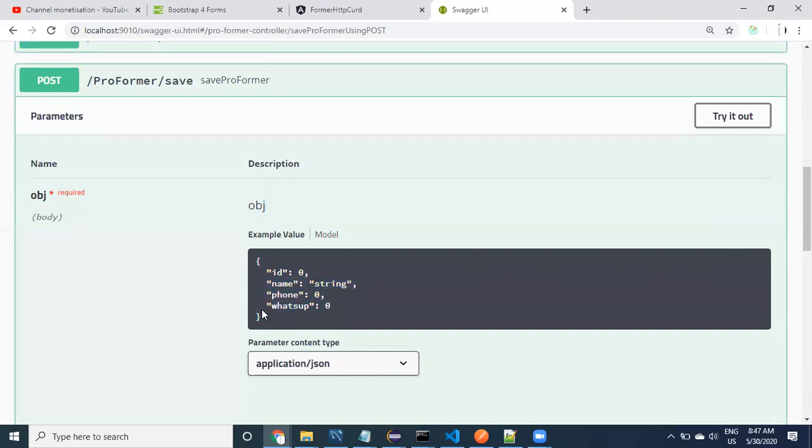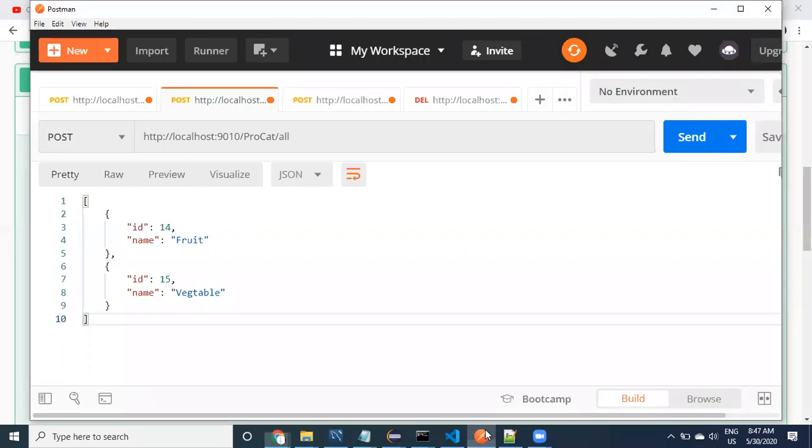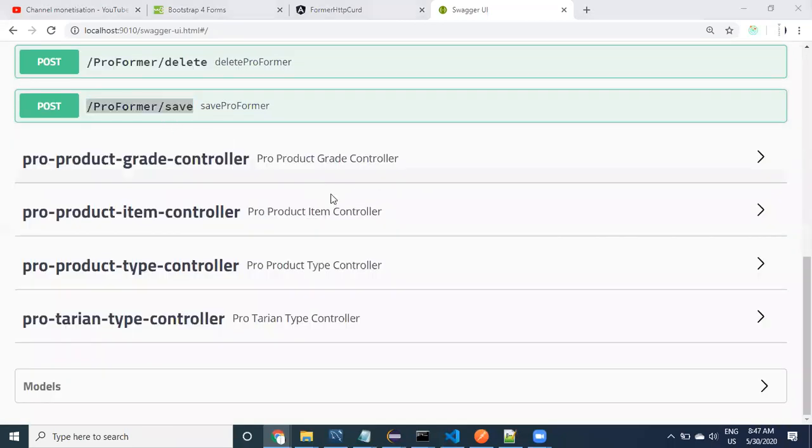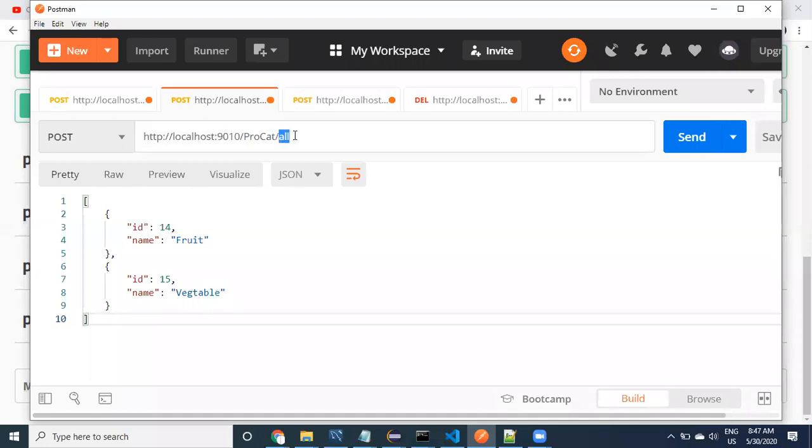Copy this URL, and then copy this data. First of all, copy the URL and go to here and provide it. So make sure the URL is properly provided.